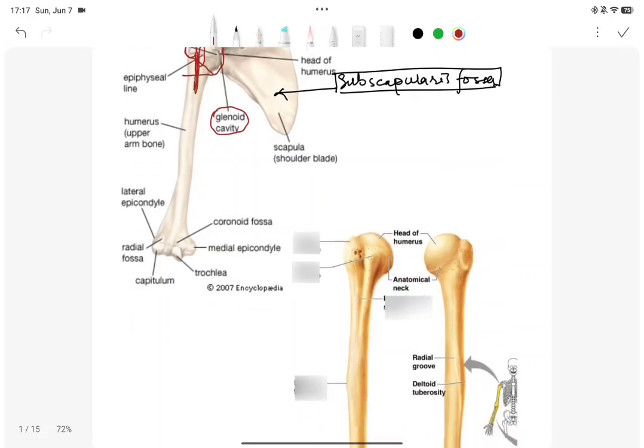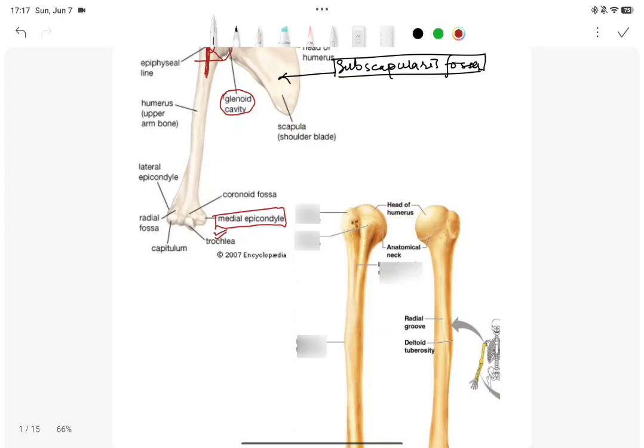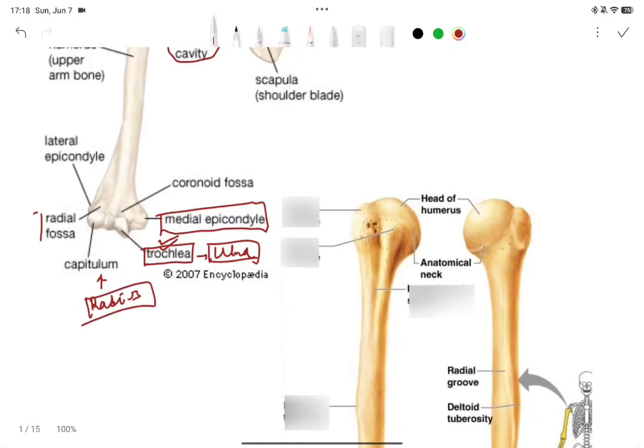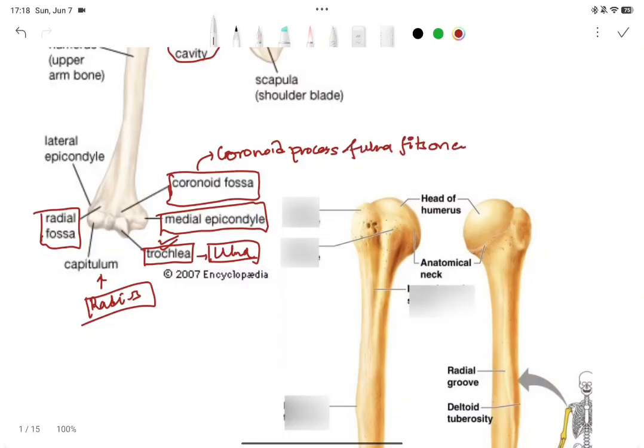of the humerus, and there is the medial epicondyle, which is more prominent. Medial epicondyle, that is on the medial side of the hand, and there is the trochlea, which articulates with the ulna, and the capitulum, which articulates with the radius. Okay, and there is the radial fossa and the coronoid fossa. So coronoid process of ulna fits on coronoid fossa during flexion of arm,